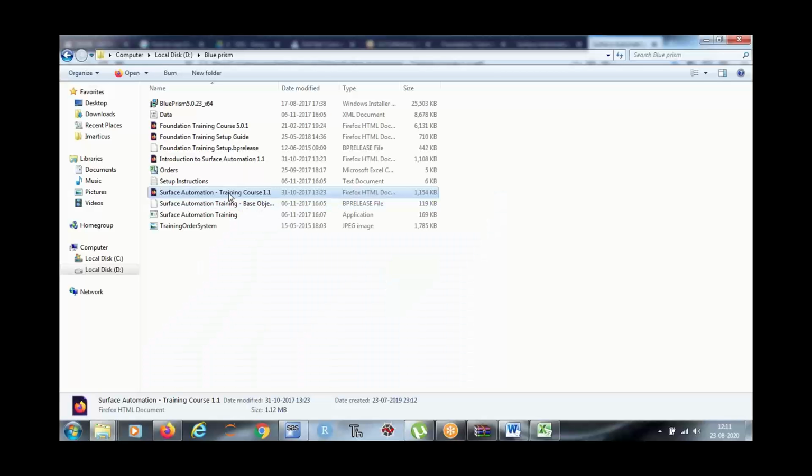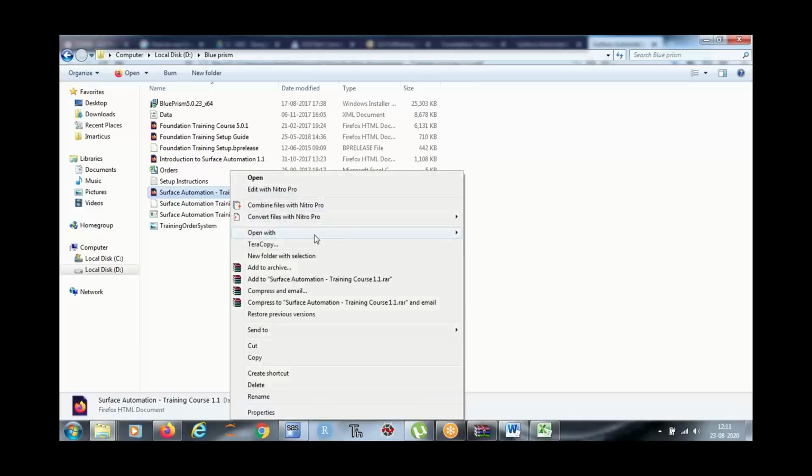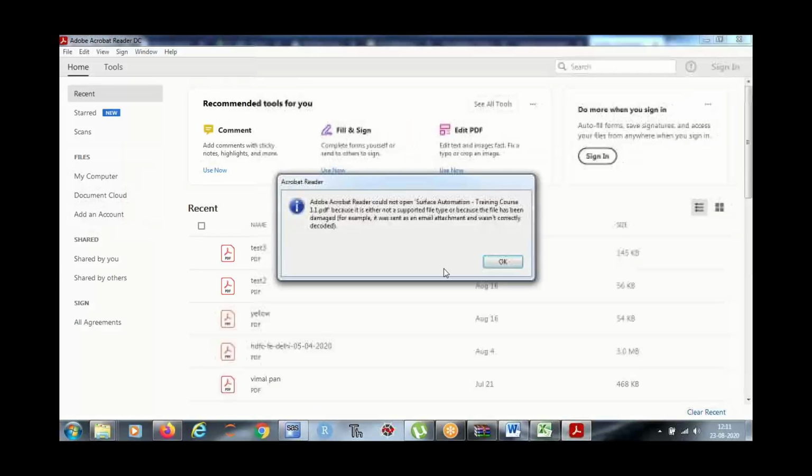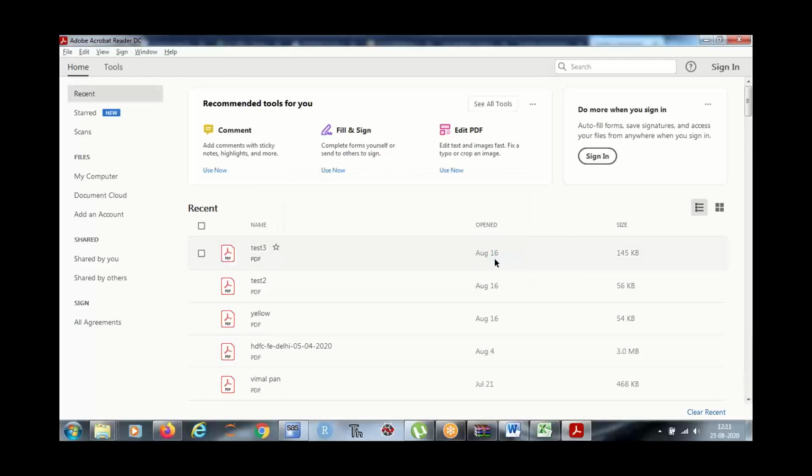Okay, no worries. Okay, it's a PDF. Let me see. I think the file is corrupted.